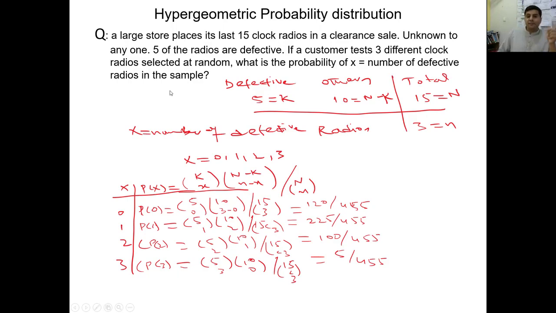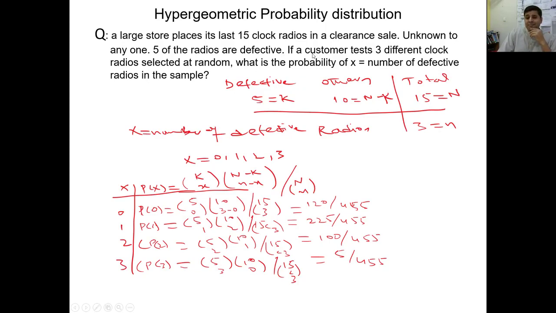So now the first property, that there are 2 possible outcomes. The radio will be effective or the radio will be defective. The radio will be working or the radio will not be working. If a customer tests 3 different clock radios selected at random, what is the probability of the number of defective radios in the sample? So now this is hypergeometric. Why? Because